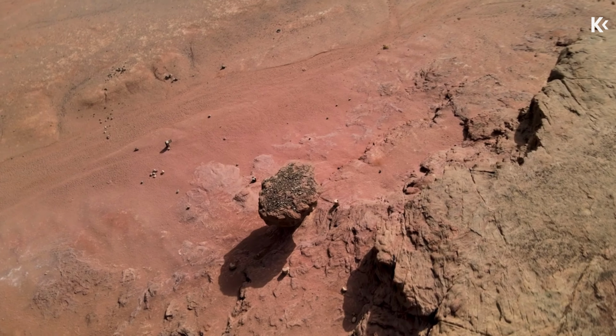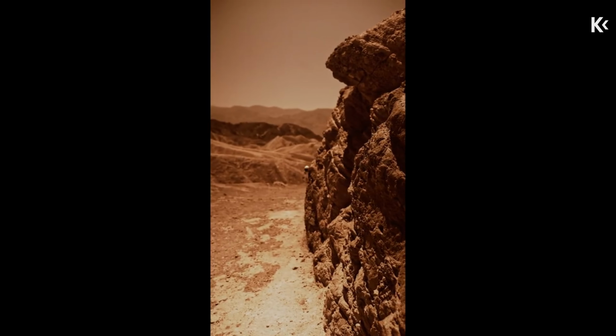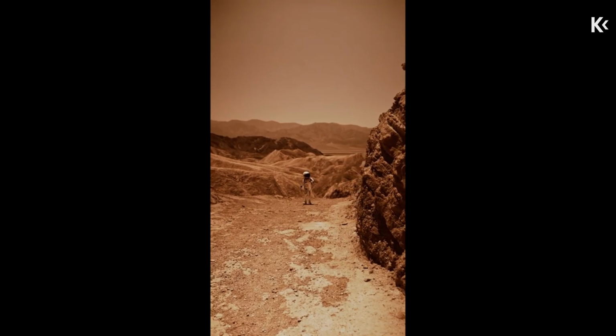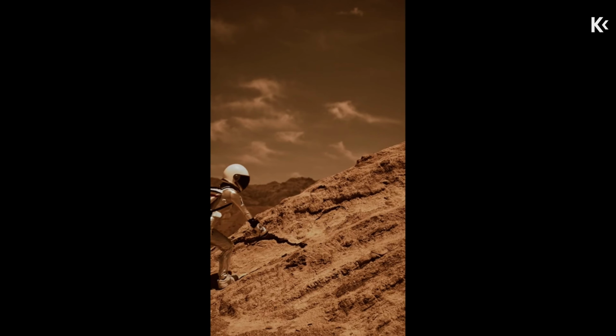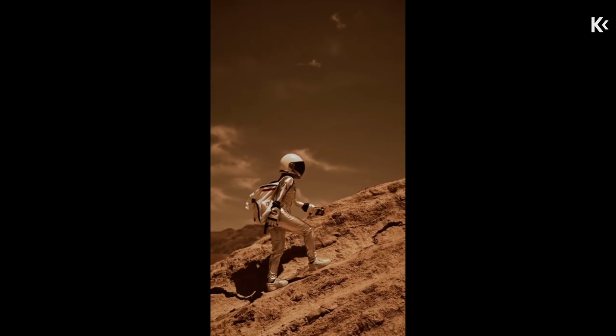Scientists are exploring various methods for producing food on Mars, including hydroponics, and rules to regulate human activity to prevent contamination of the Martian environment. Despite the significant challenges, establishing human life on Mars holds great potential for advancing scientific research and opening up new